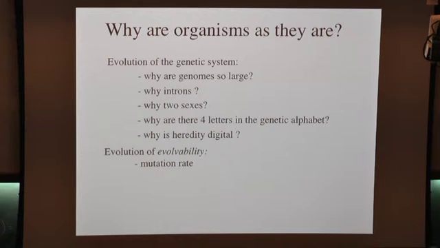I'll get more specific. Okay, so if we think about problems involving evolution of evolvability, something I hadn't mentioned yet, maybe the simplest case to understand, is evolution of mutation rate. So, of course, mutation is inevitable. You can't have a perfect system for copying the DNA sequence from one generation to the next. There will be some mutation.